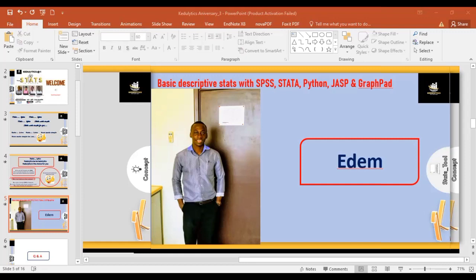And how do we come about the average or the mean? It's simply the sum